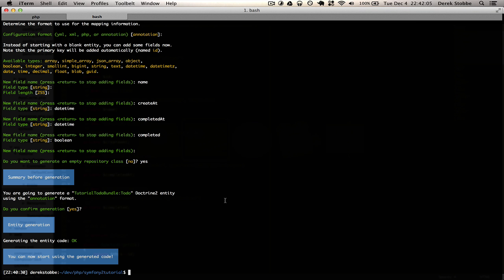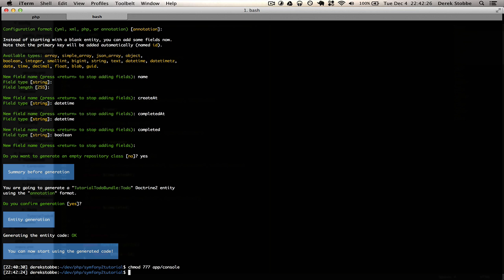So let's go back here and we'll do app console. And actually what I'm going to do, and I can't vouch for this in a production environment, but to save a few keystrokes in development, I am going to change the mode of my app console file to 777, or read, write, execute for everyone. Now instead of PHP app console, I can just do /app console and then